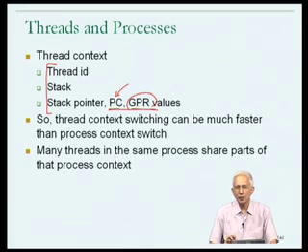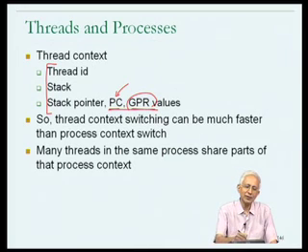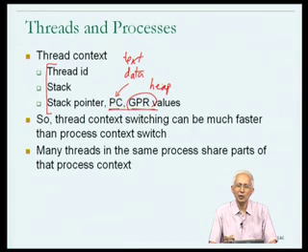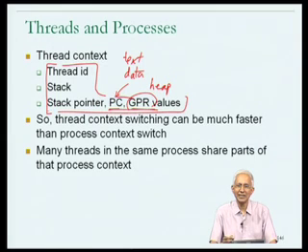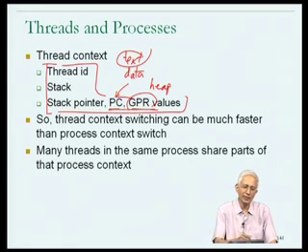Now, the perspective that we could have is that we could have a problem in that we have to understand where the text, data, and heap associated with the thread are going to come from. It's well and good to say that the thread context includes only these things, but if a thread is an active entity which could run on a processor, then it must have instructions associated with it. And I haven't mentioned anything about its text or its data or its heap,